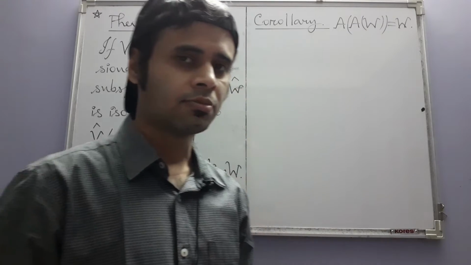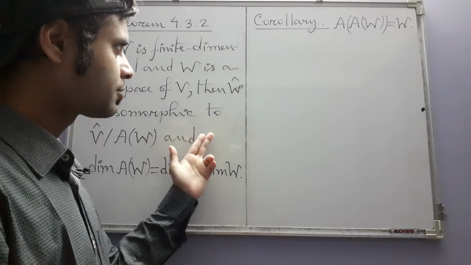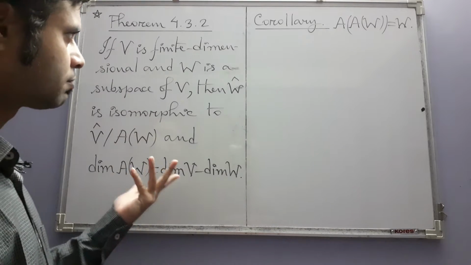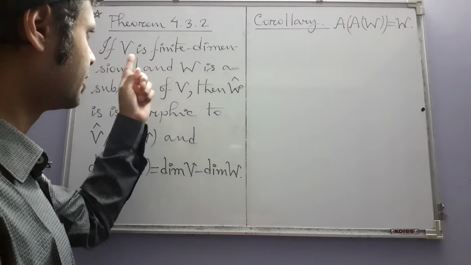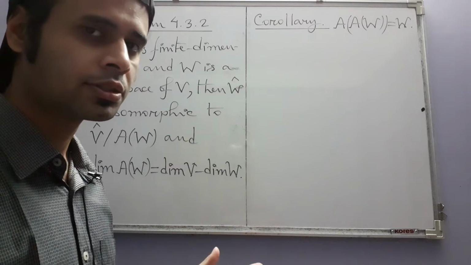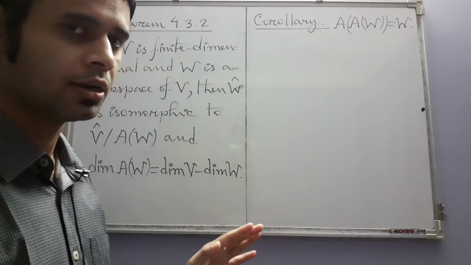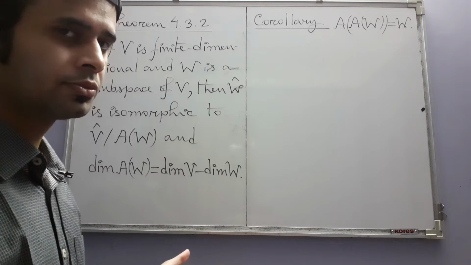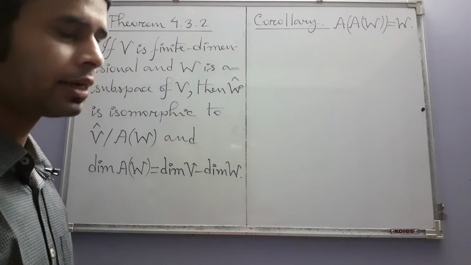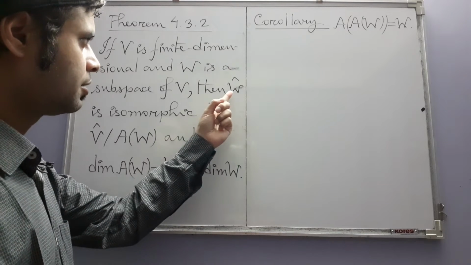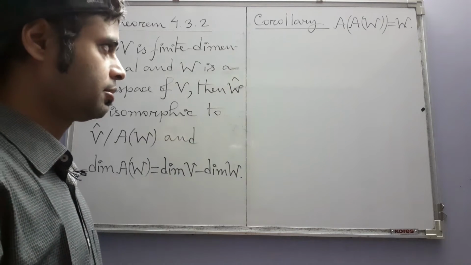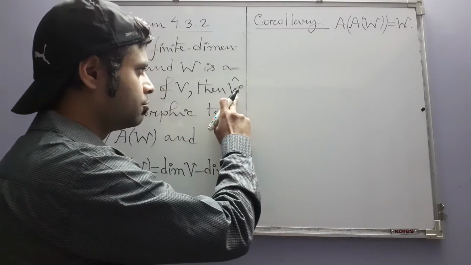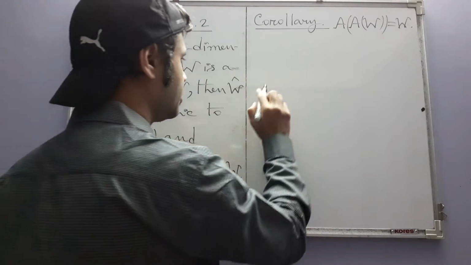Okay, so let's recall that this is the last result we saw, and what this says is of course that V is a finite dimensional vector space over some base field, and W is a subspace of V. So W of course would also be finite dimensional. Then the space W hat, which is in fact the dual space of W, and it